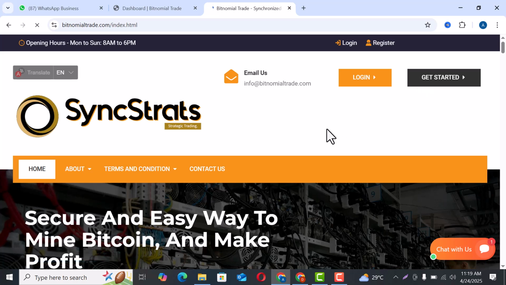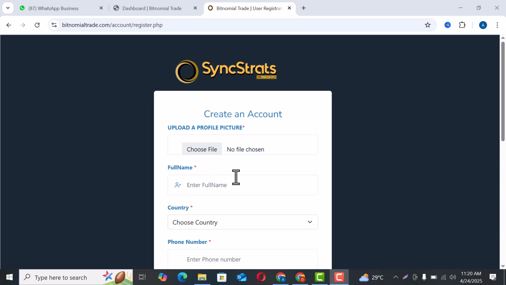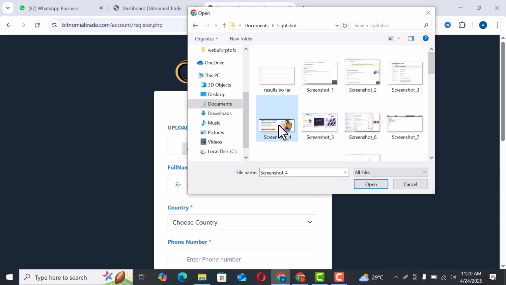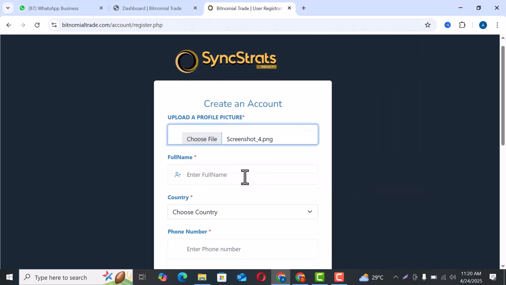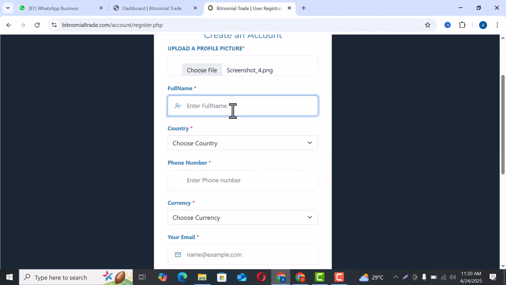I'll click on get started. Awesome, so this is the registration portal for this particular website. So I'm going to click on choose file. Let me click on this particular file. Okay, so I'll enter the full name. I can say Lightman,